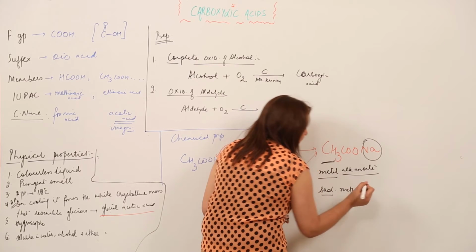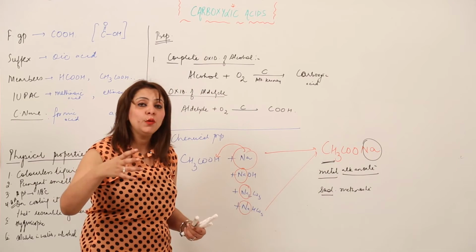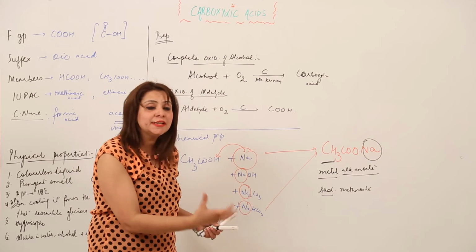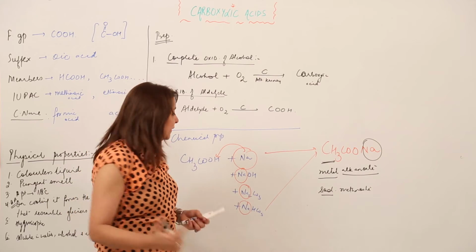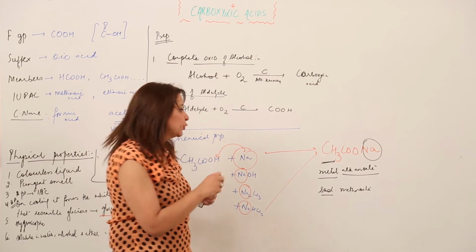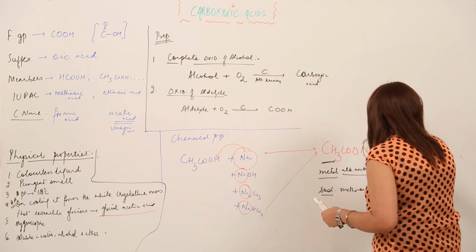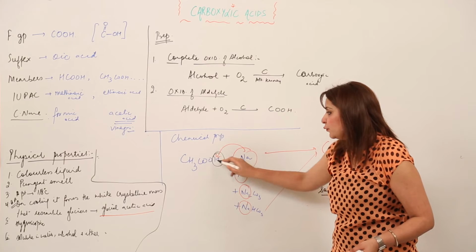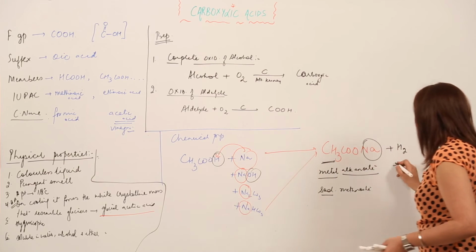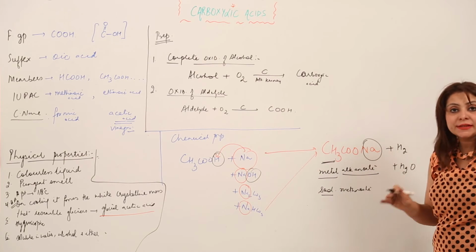Methanoate. So it is sodium methanoate. Do you know what the difference between these reactions is? These are going to form a single product, but the side product is just going to vary. Here we are left with only H, so obviously in the first reaction we are going to get H2 along with it. In the second one I am left with HNOH, so obviously I am going to get H2 in the second reaction as a side product.